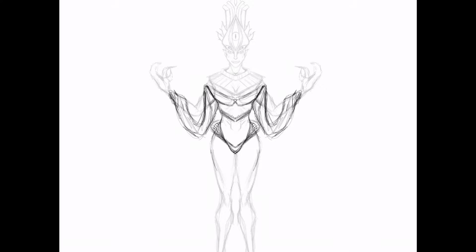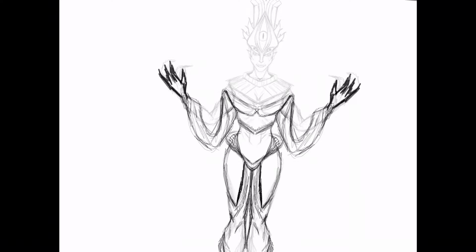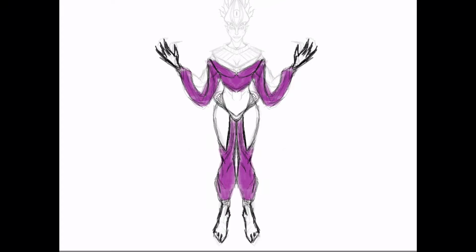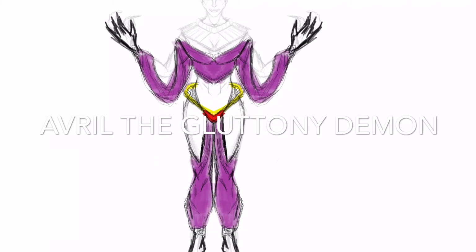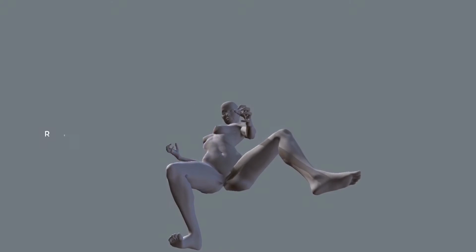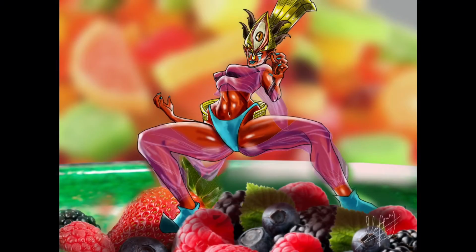For my piece, I will be using warm tones because the goal of my creation, the gluttony demon, is not to cause the viewer to vomit, but to intimidate and retain his attention. Using warm colors in an art piece is the best way to make a viewer focused on one portion of the artwork. So I'm going to use warm colors for my character. The warm color I'm going to use would be red, blood red, because it's associated with the devil, giving the character a dose of wickedness.